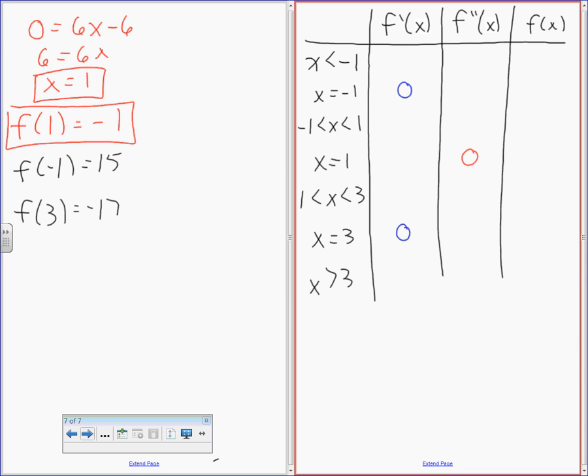Now, the way this always will work for you is that between the two zeros, there's going to be the same values always. So between any sets of zeros you have, this will all be the same sign. So you only need to check one point here, and you can fill in every entry. The same thing, check 1 point above, 1 point below, one on this side, one on this side. So you need to check 5 points here. So what I'm going to first of all do is check for f prime